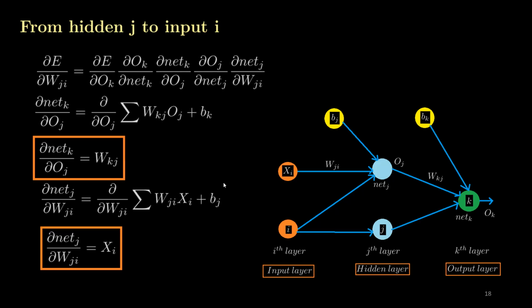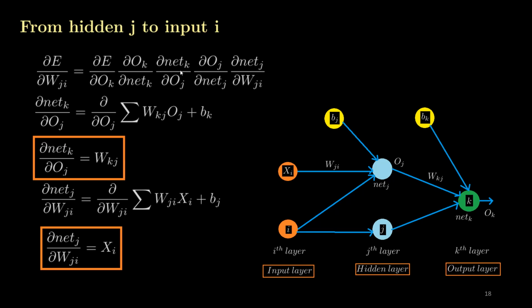So for this, bj becomes constant and its derivative will be 0. And since our derivative is with respect to Wji, the derivative of Wji times xi with respect to Wji will give us a 1. So we are left with only xi. So the derivative of this equation with respect to Wji is only xi. So we have calculated these terms, and here we are not calculating this right now, and we will call it